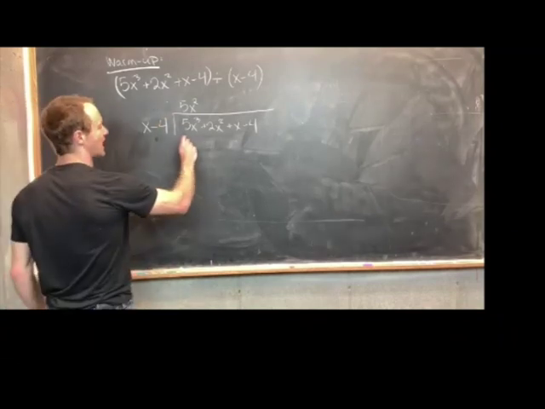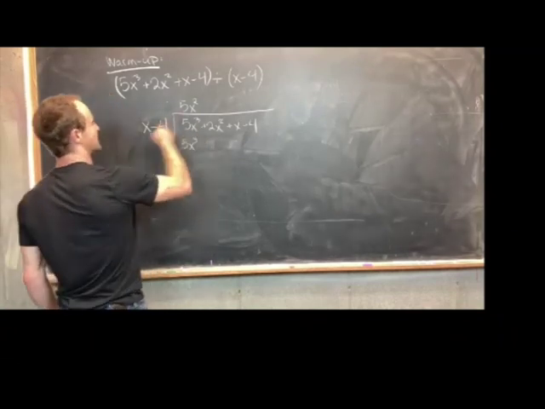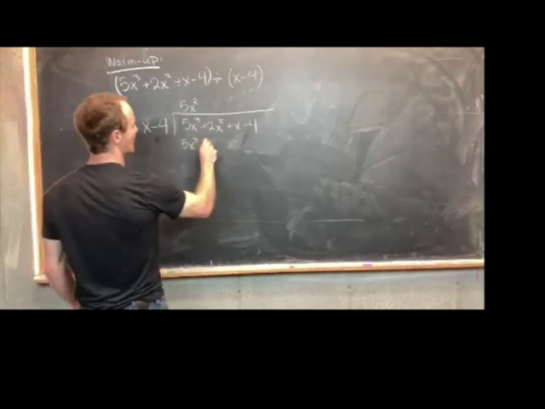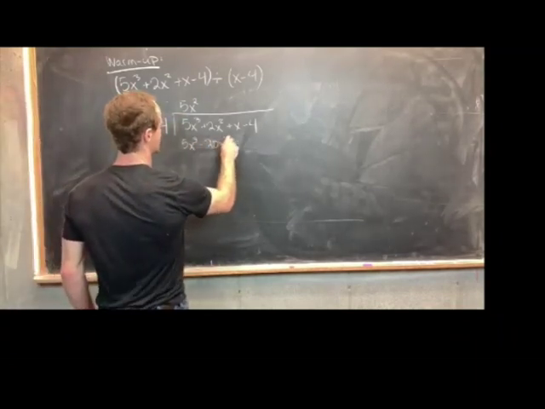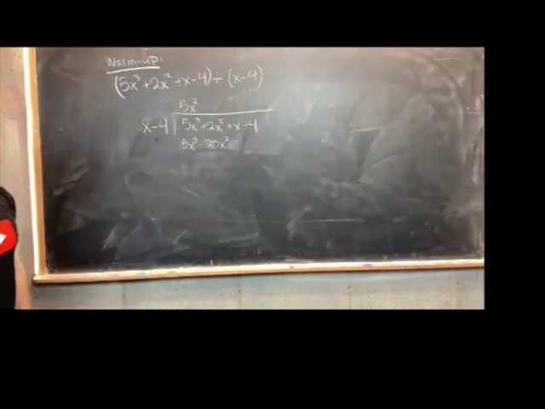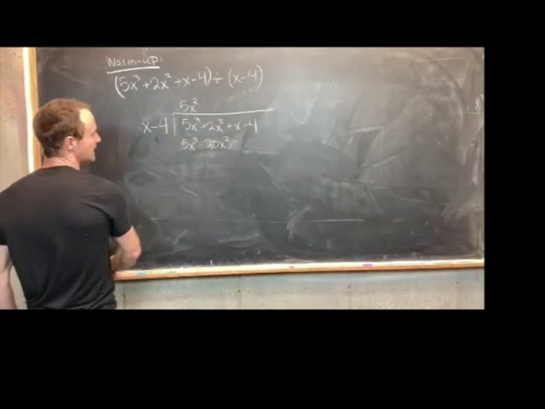We'll get 5x cubed, that's from multiplying 5x squared by x. And then we'll have minus 20x squared, again by distributing this 5x squared onto the minus 4. Now we want to go ahead and,